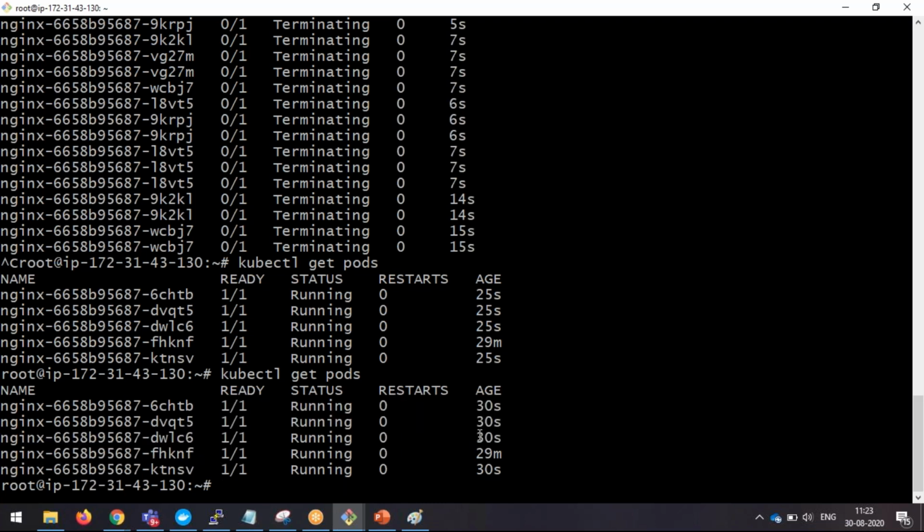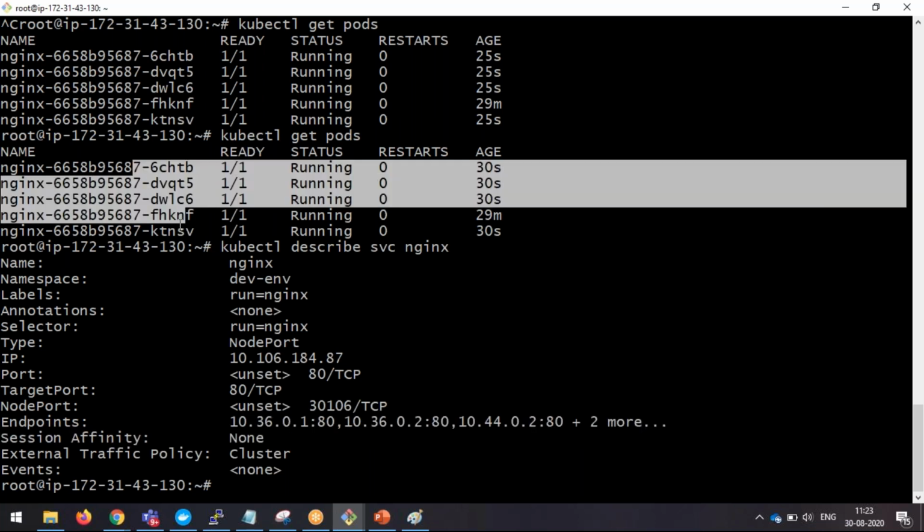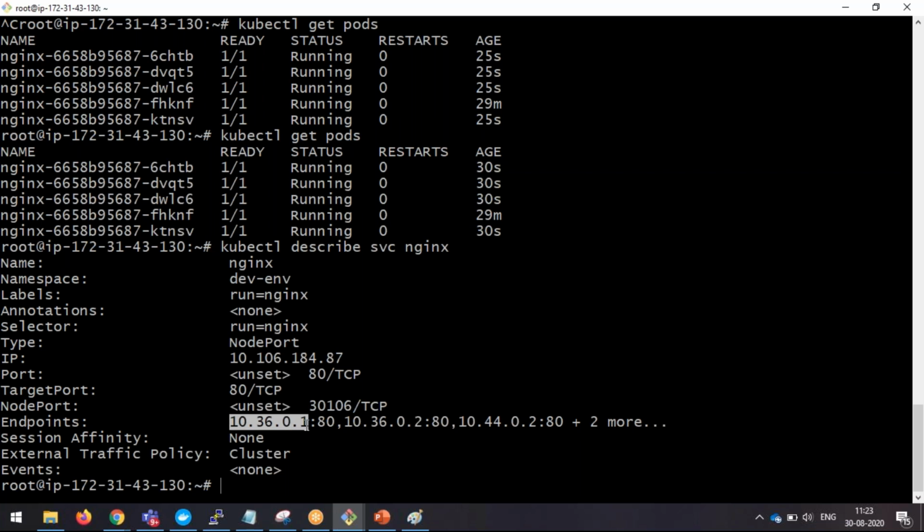Okay, fine. Now, kubectl describe svc nginx. Now we can observe the endpoints become 5. 5 endpoints. 1, 2, 3 plus 2 more, 3 plus 2 is 5, because there are 5 pods running,